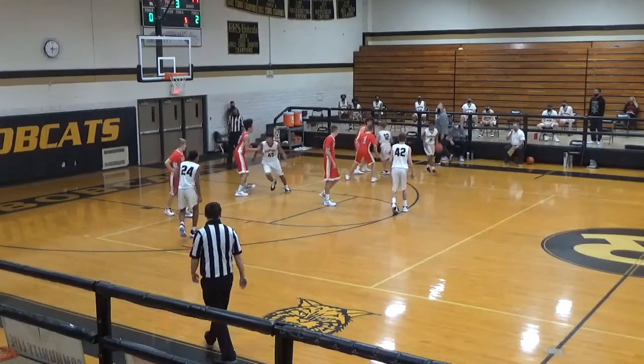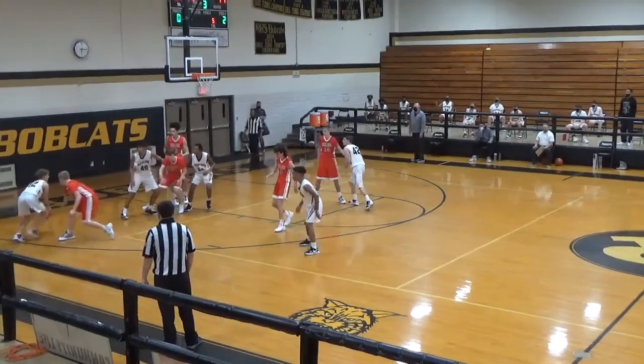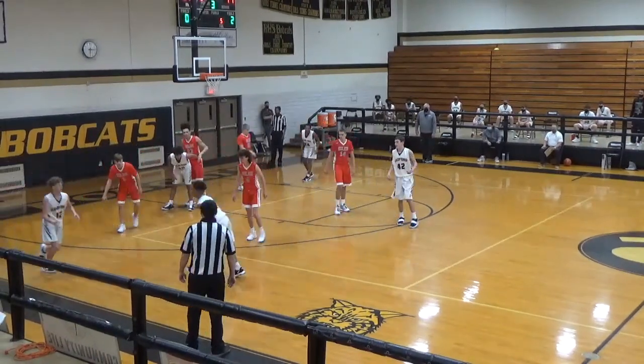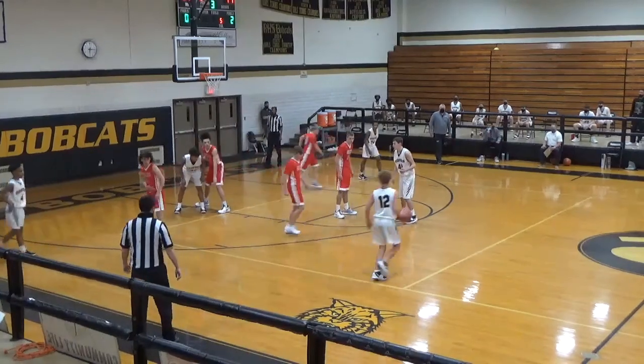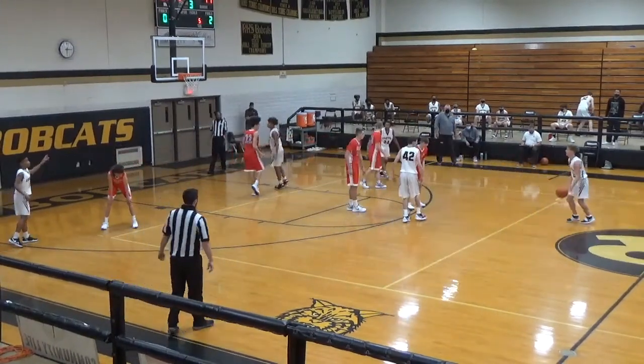Back to Prelo here at the top of the key. Knipe setting the screen there. Over to Harrington in the corner. Back to Prelo at the top. Bobcats not willing to take a bad shot here, really looking to set up their offense. Yep, just looking to be patient, run through their offense, up by 16 here in the third quarter, comfortably ahead